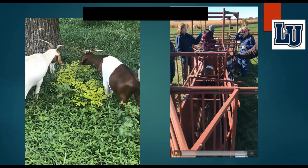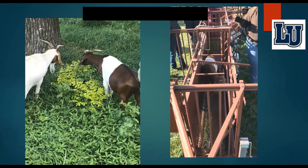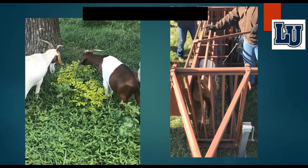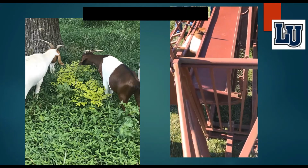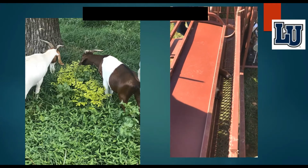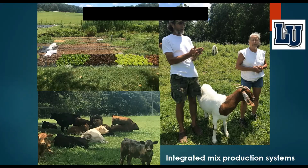Also, like these ladies, they have built some equipment that they will use to facilitate the management of the animal, like for this goat that they will be working with, doing some work on the feet of the goat. So you may be watching how they will be working. So there has to be a lot of improvements in the management, like this couple that they're working in a very integrated mixed production system where they produce